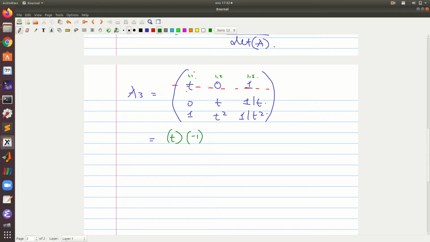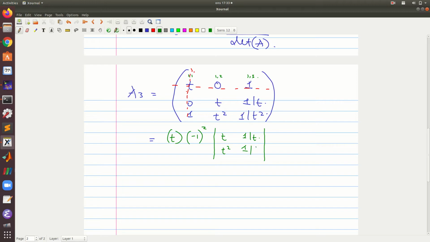So I'll just say 1 plus 1 and then say add 2, and then what is the minor, the determinant of the submatrix which remains after deleting its row and deleting its column. So here we have t, 1 over t